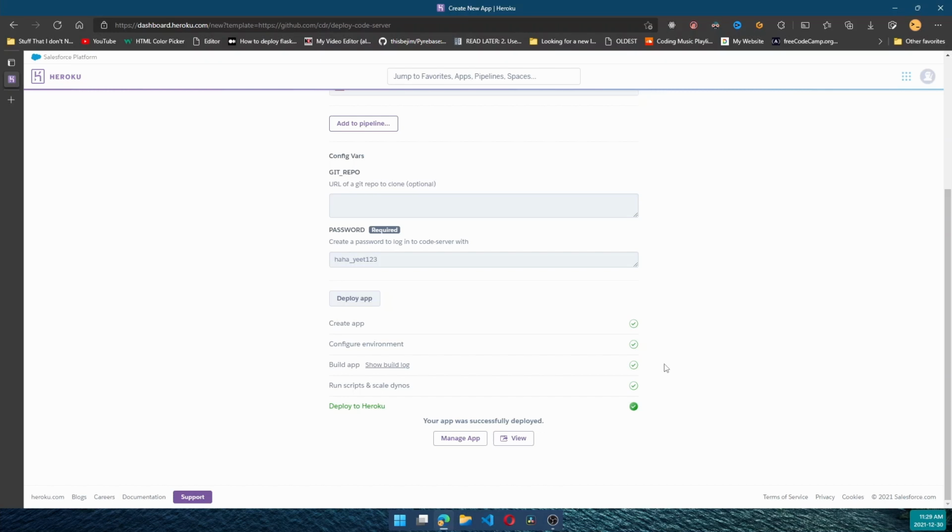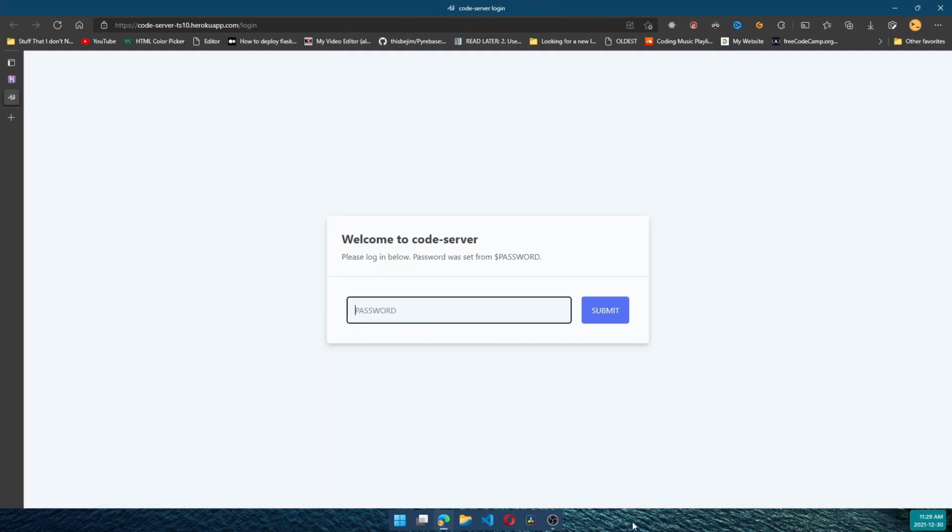Finally, after about 4 minutes, the app has finally finished deploying. I'm not joking, those were the longest 4 minutes of my life. So now we can click view, and it will be brought to the screen. You see, we're going to need to enter the password we had. So, haha underscore yeet 123, and then submit. This will log us in,